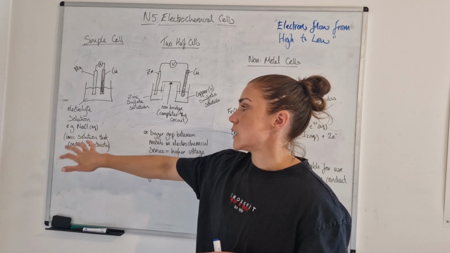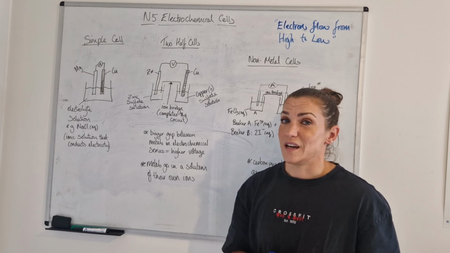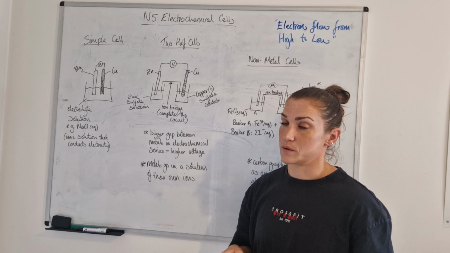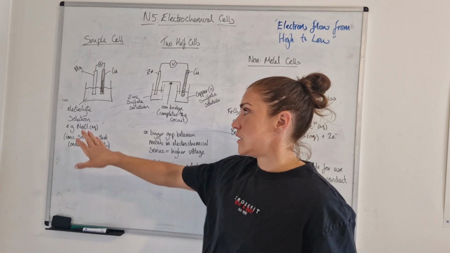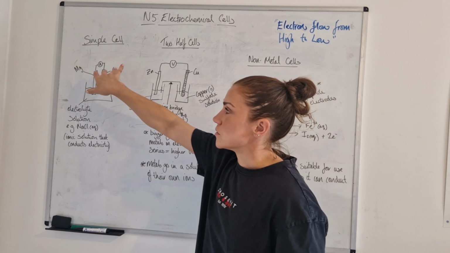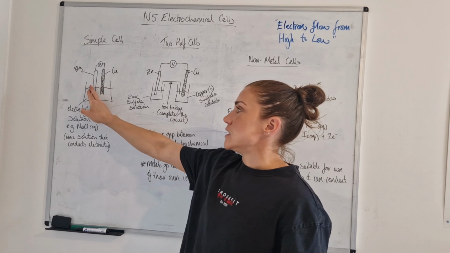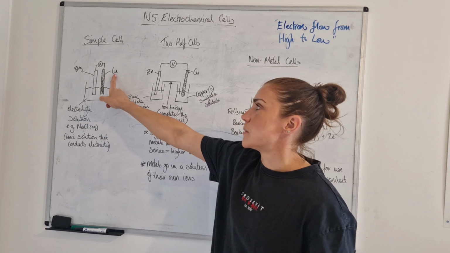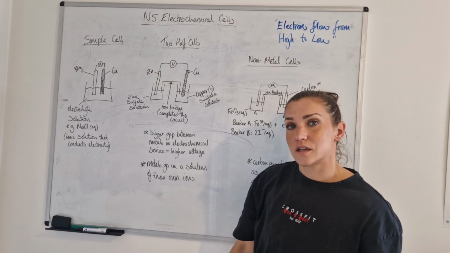So sodium chloride solution is a good example of that, or it'll really just be any sort of salt solution, copper chloride, copper sulfate, etc. So the electrolyte solution is just an ionic solution that will conduct electricity, so it completes the circuit. In this cell we've got a magnesium electrode and a copper electrode,